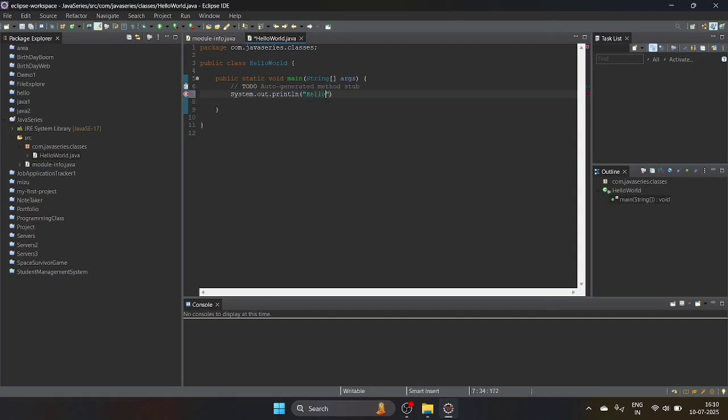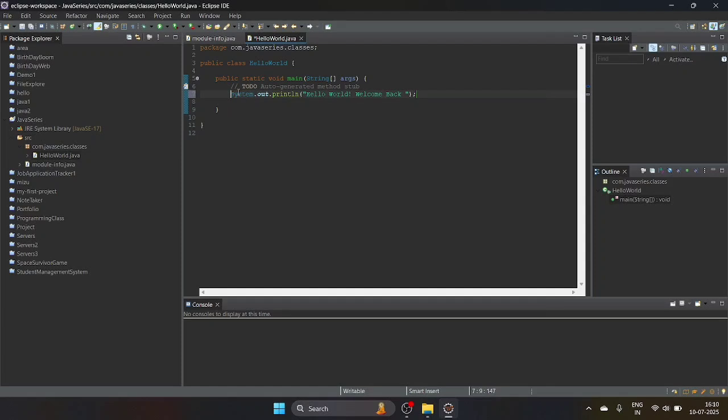I will print: System.out.println("Hello world, welcome back").